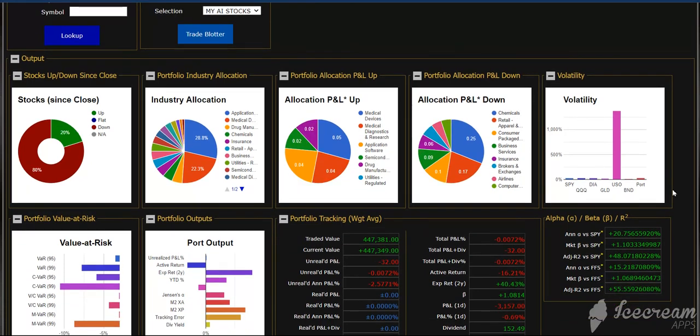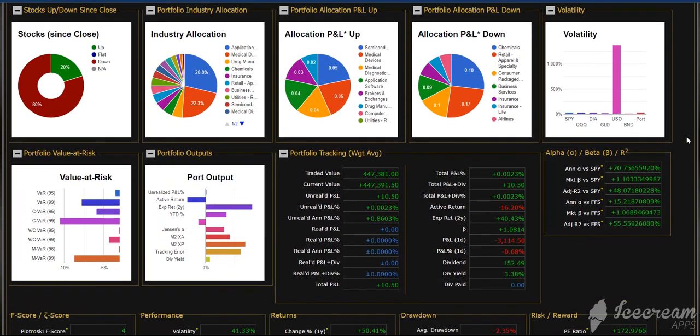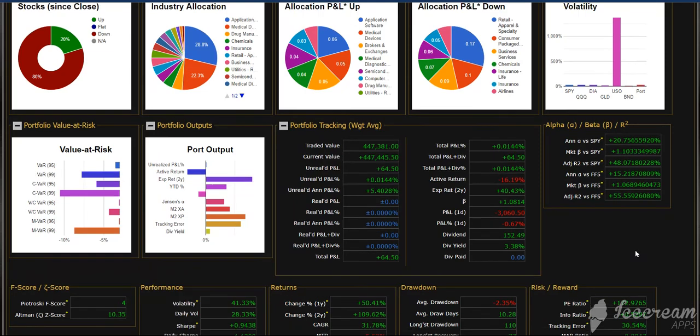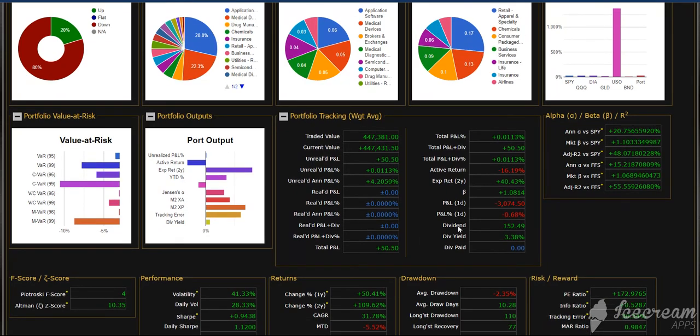And you'll see then here it is. It basically shows you your industry allocation for these stocks that it hit and all the other analytics and statistics that it's both calculating and pushing out as output. And right in here in portfolio tracking now, this will be tracked in real time as the markets are open. Right now there's no obviously realized P&L or